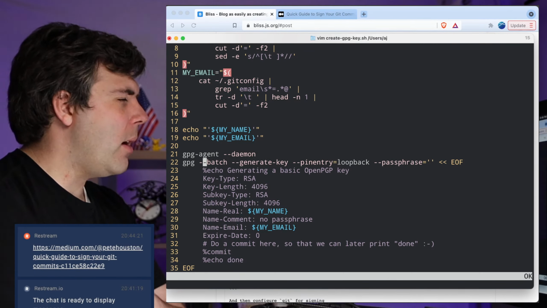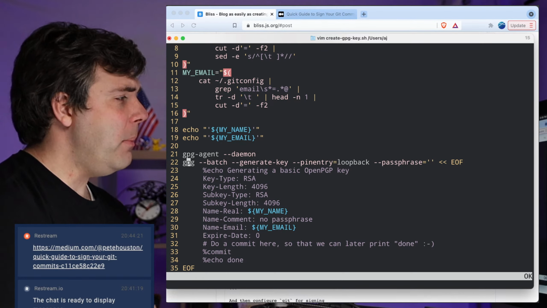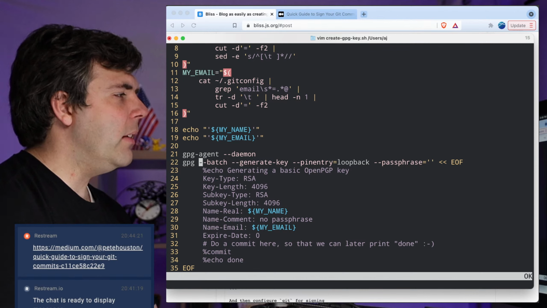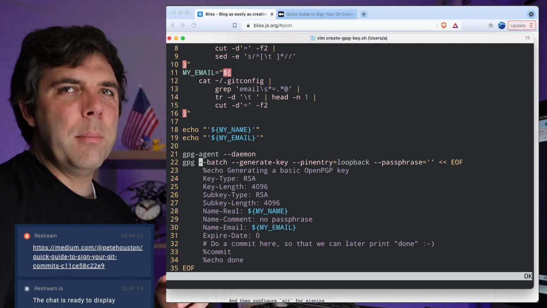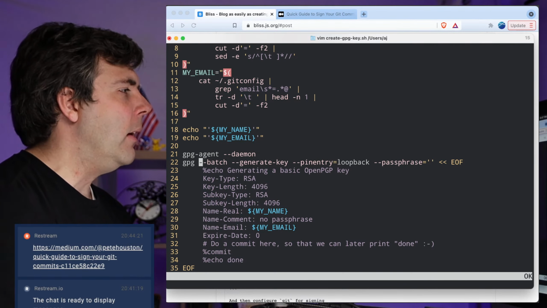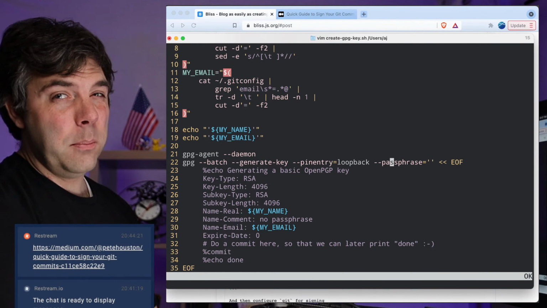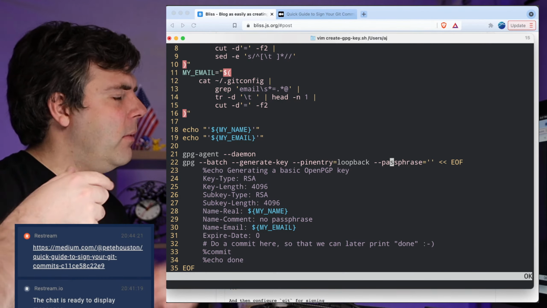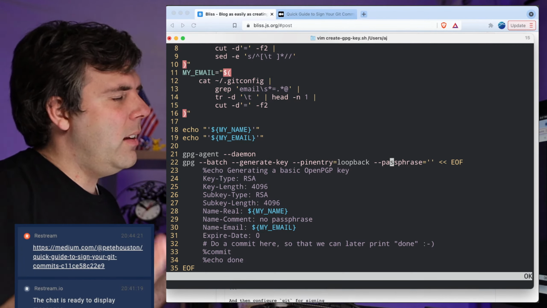which again, we'll talk more about at the end or later on, not right now. But this command right here is the magic sauce, because I don't like to give you commands where then you have to go type in a bunch of stuff and have interactive prompts. This is how to get rid of all of the interactive prompts. I'm also getting rid of the passphrase, because it'll ask you for a passphrase as an interactive prompt. Otherwise, you have to save it somewhere or have it potentially be in your history,